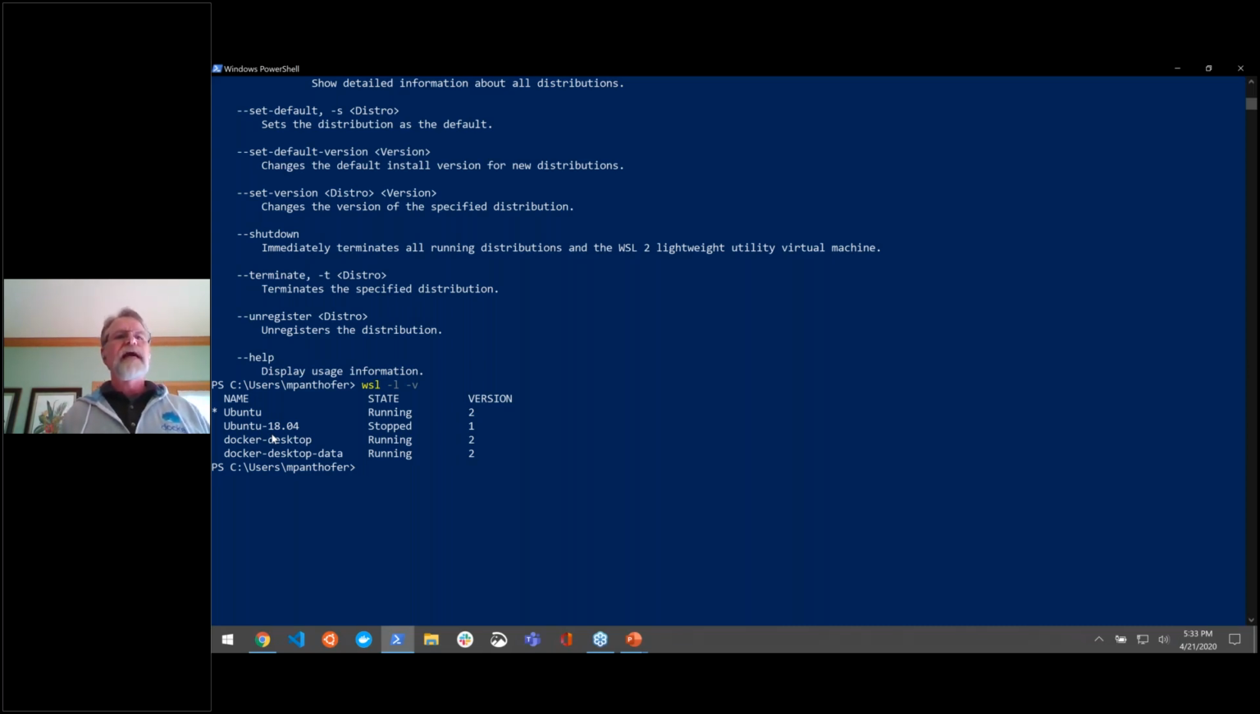Okay. The other two things that are going on there are the Docker desktop and the Docker desktop data. So basically what it's using for the volume mounts, as well as where it's running the kernel. So that if I blow up my instance of Ubuntu or do something bad, I won't necessarily affect the Docker distribution, plus Docker can update their own